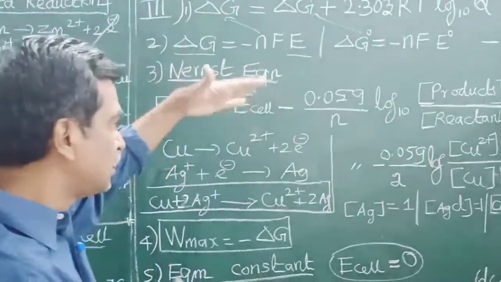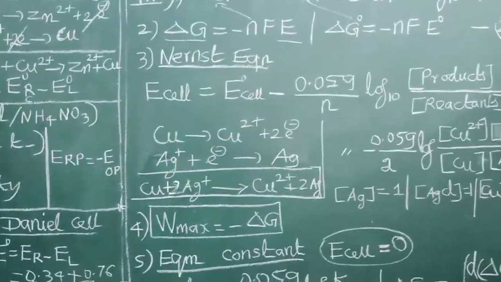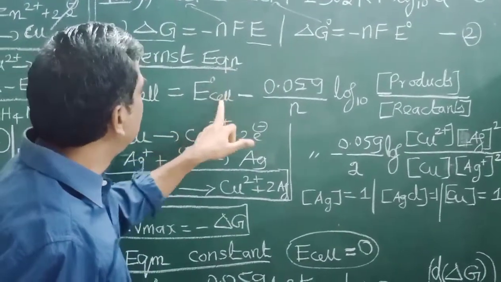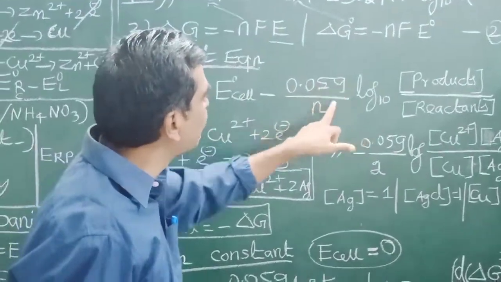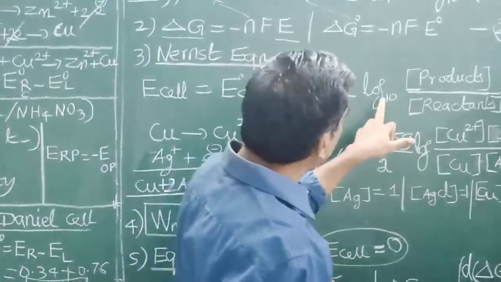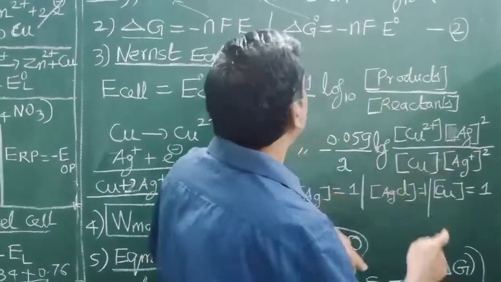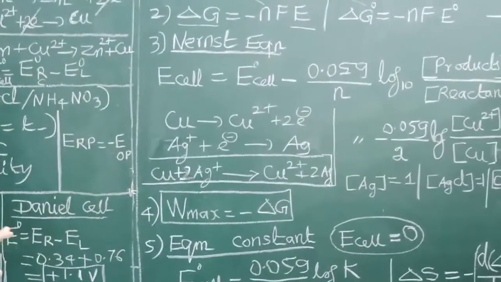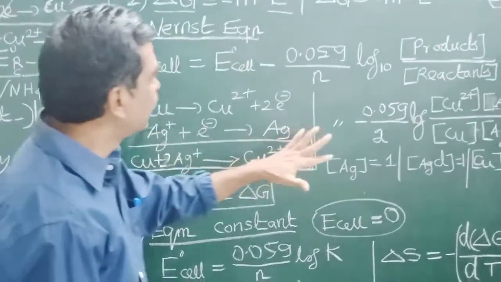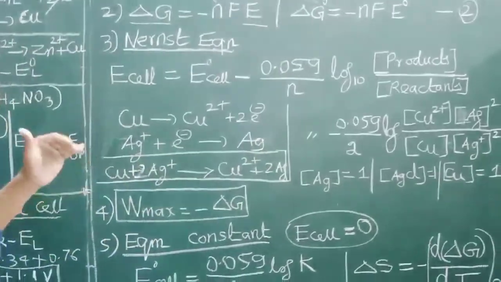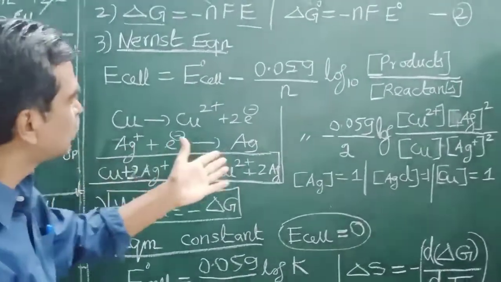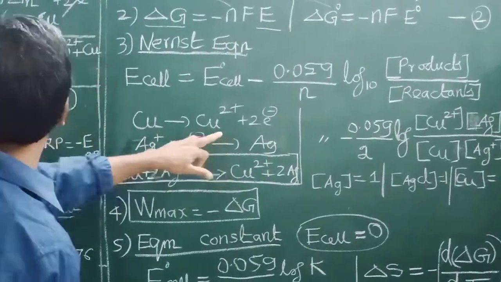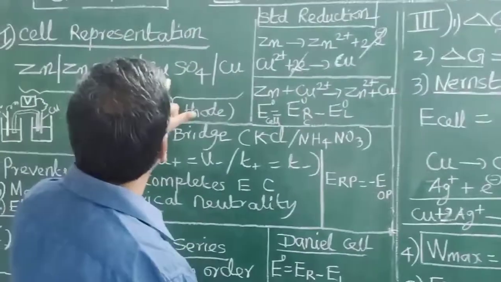Okay, on simple mathematical manipulation, on substituting this, you will get E cell equal to E naught cell minus 0.059 by n log to the base 10 of product divided by reactant concentration. This is Q. Now let us consider an example where we can demonstrate how the Nernst equation is used to calculate the various parameters. For example, copper is oxidized, so copper will be on this side and the silver